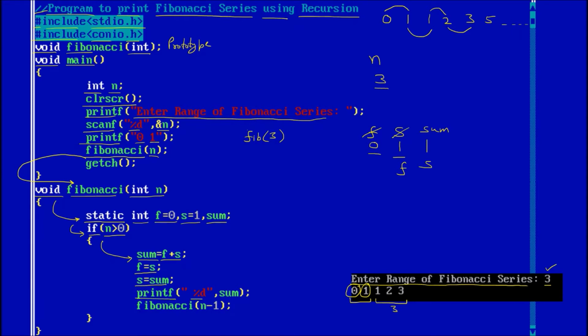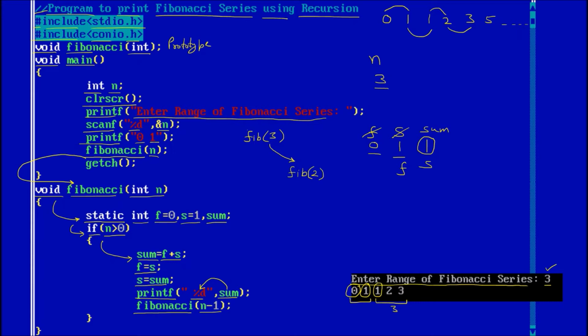Printf %d sum. So sum will come here and sum is printed, and we know that the sum value is 1. So this 1 is printed here. Now again it is calling Fibonacci of n minus 1. So it will come here and call Fibonacci of n minus 1. 3 minus 1 is 2.